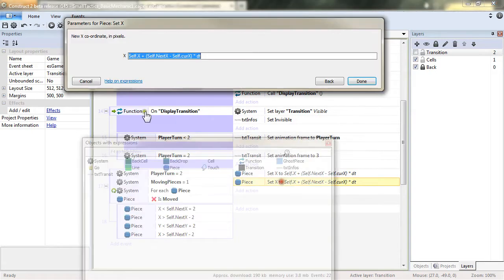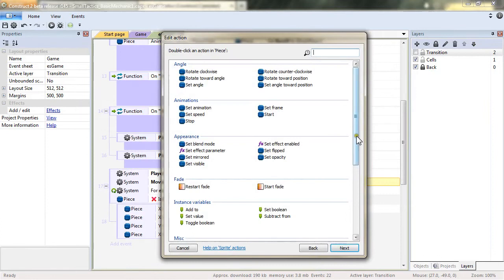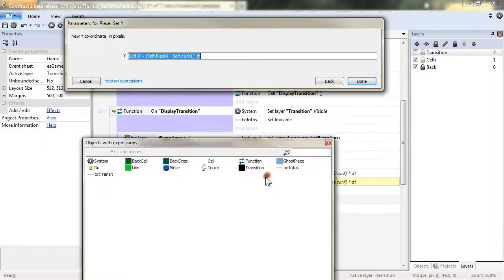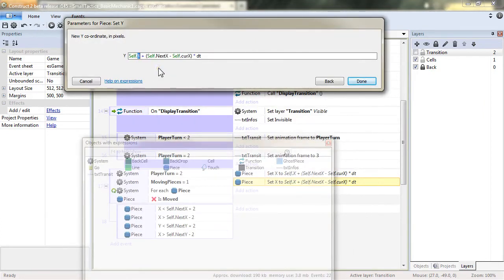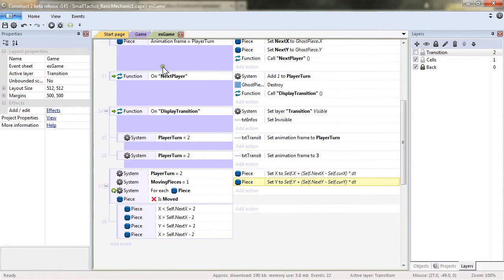We'll copy and have the Y position, set Y, and it's the same: the current Y, to which we add the target Y minus the starting Y multiplied by dt. And so this is a way to have your objects moving in Construct. We could have used some behavior or whatever, but we can do it in code, and right under it,